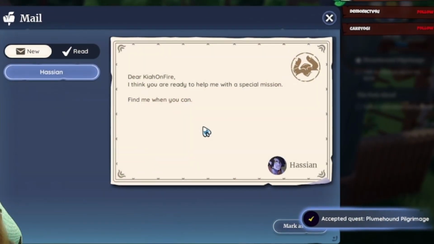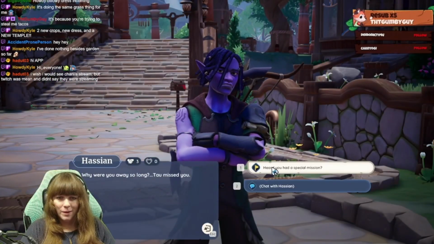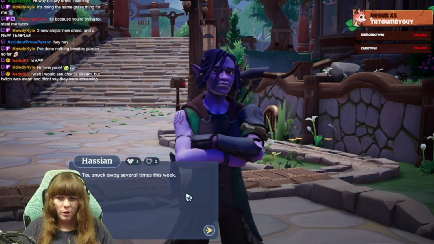So how you first start this quest is you get some mail in your mailbox at home. As long as you have completed the Vault of the Waves quest, you will get this mail in your mailbox as one of the main quests. This mail will tell you to go and talk to Hassian, and you go and have a conversation with Hassian about Tau. Basically, he wants to find out where his dog has been sneaking off to, so you have a